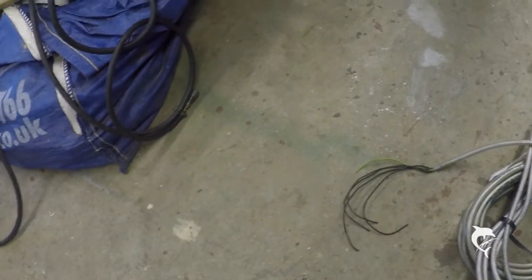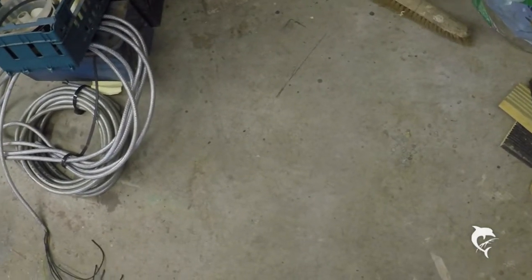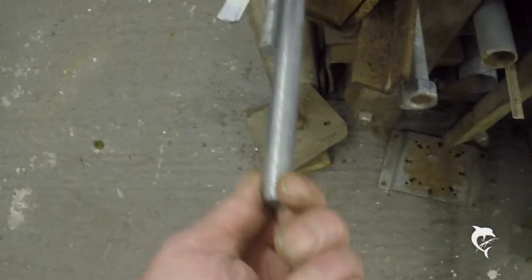And also quite a bit of angle iron, some box section, all useful metal, a load of threaded rod, a load of really large threaded rod, which is here. I've already put this away, but I mean, look at that, and that's in metre lengths. I've got 4 or 5 of those. Some angle iron, so all useful stuff. And